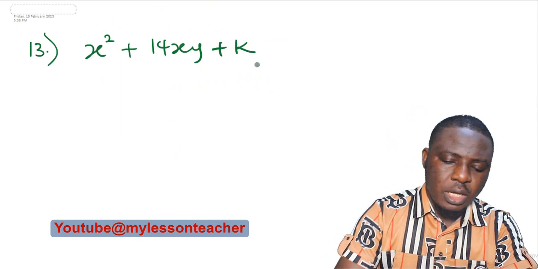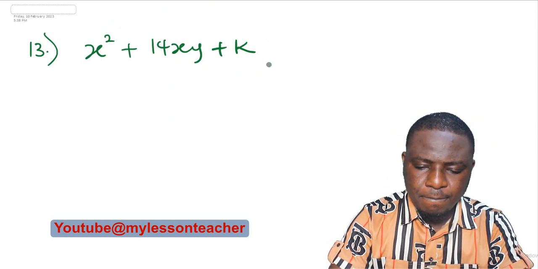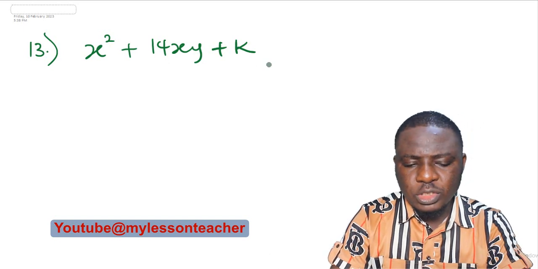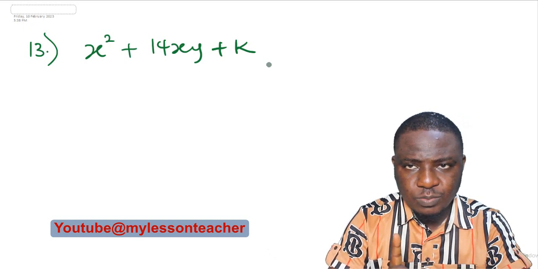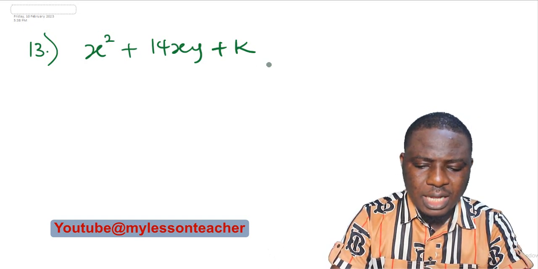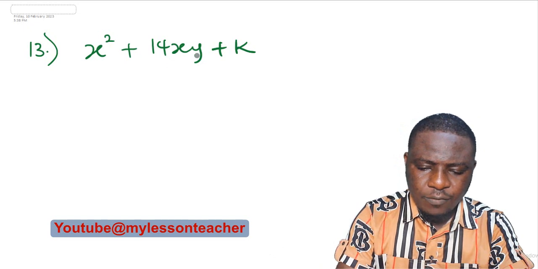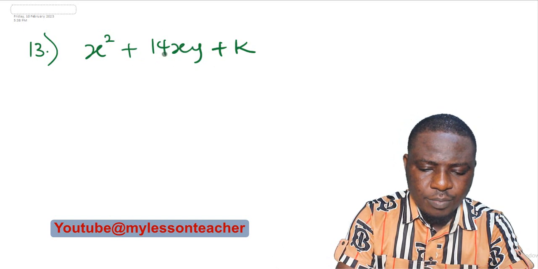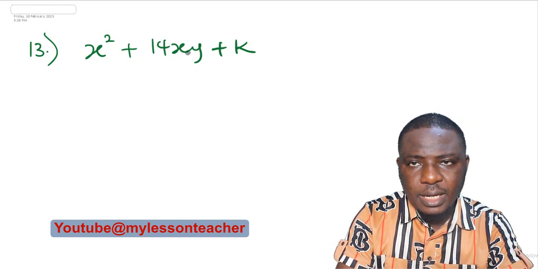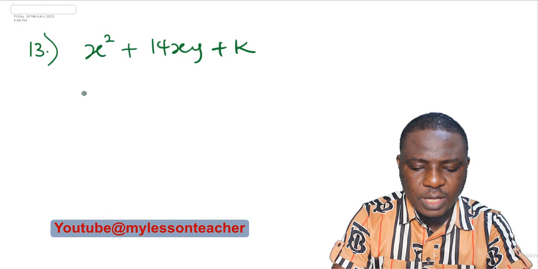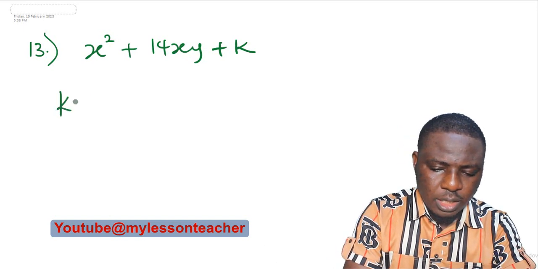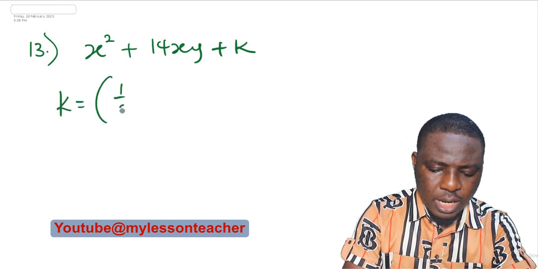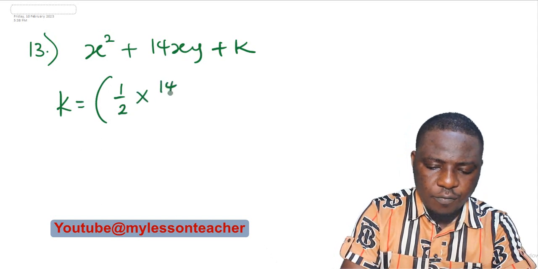So if this is k, okay, let me use method 1 in solving this because of a special feature which I just saw, and that is the 14xy. Now the coefficient of the middle term is said to be 14y and not just 14, so take note of that. So this becomes k is said to be half of 14y